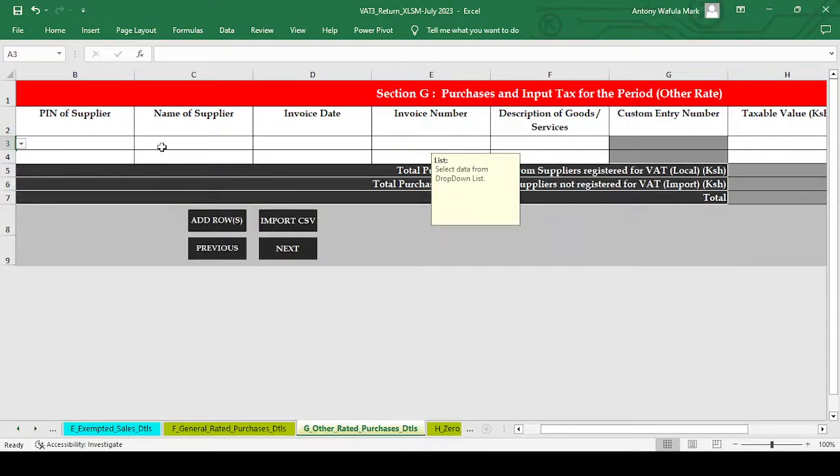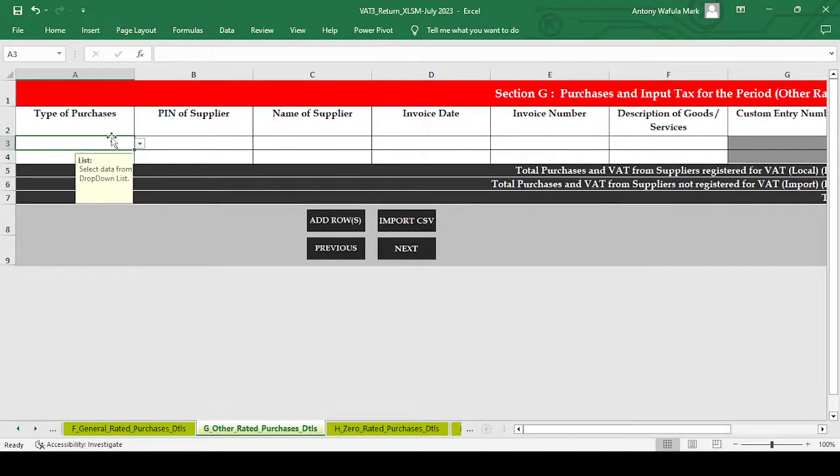And then section G has to do with the general rated purchases. Remember, we were talking about the general rated sales. Now we've moved to general rated purchases. What you're buying as a business trader, there are purchases you're making. So you have to indicate who is selling you that particular product that you bought.